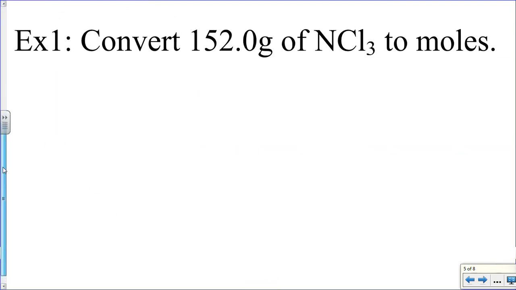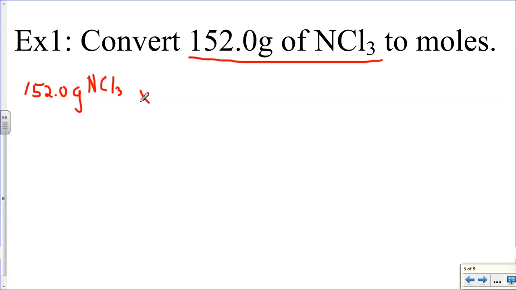Okay, so our first example today, we have 152.0 grams of NCl3, and we want to convert that to moles. So we always start with the given. We have, as our given, 152.0 grams of nitrogen trichloride. So we're going to write down the 152.0 grams. We have to identify our substance, NCl3,